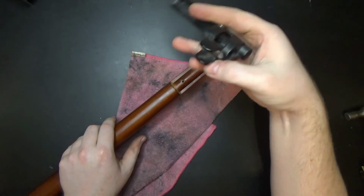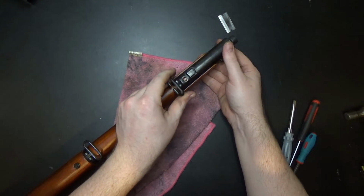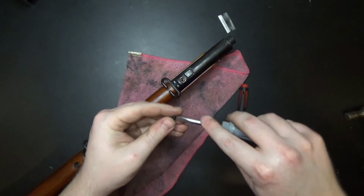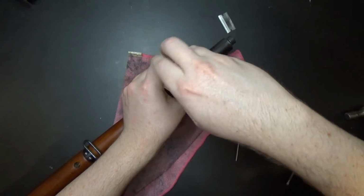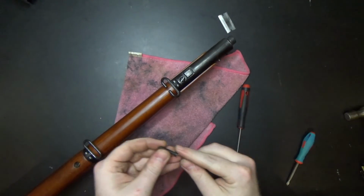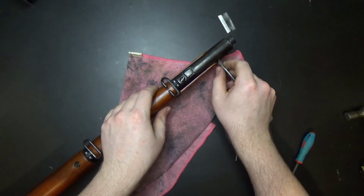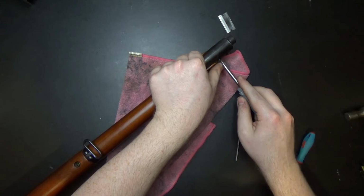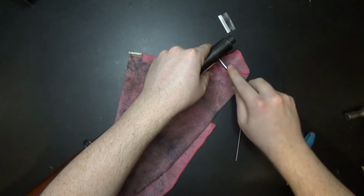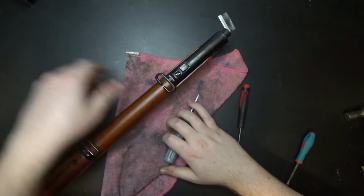And then the last metal piece there, slide that on. We have the coarse wood screw, which of course goes on the bottom there. And then the screw, the machine screw that goes in the front housing. Whoop, there we go. That's together,